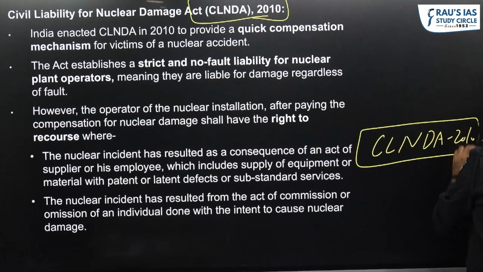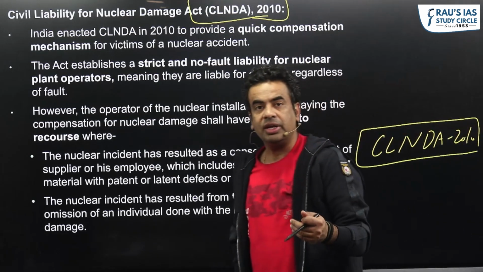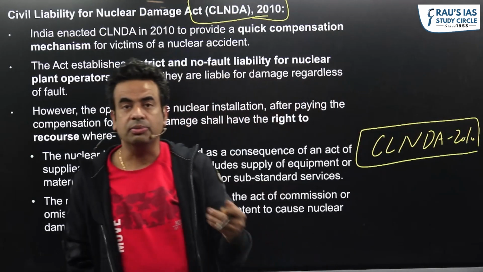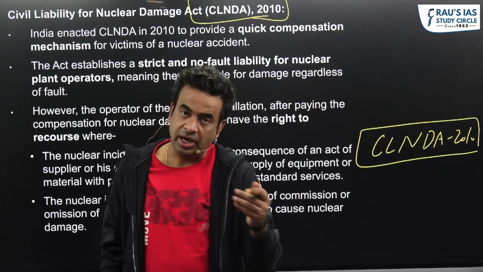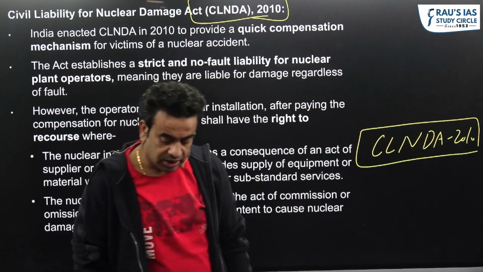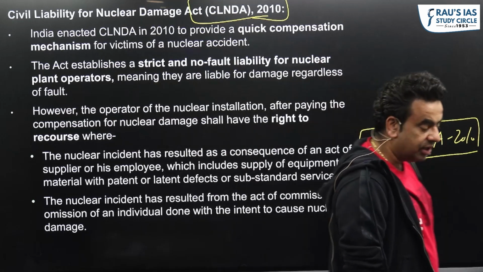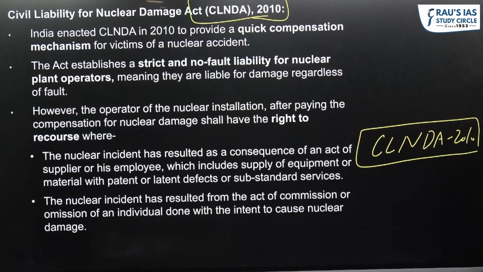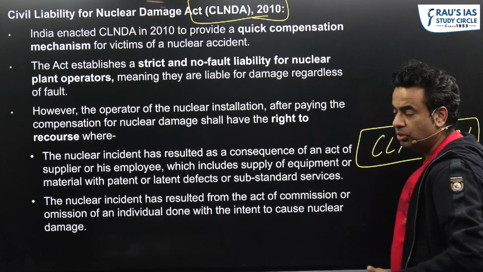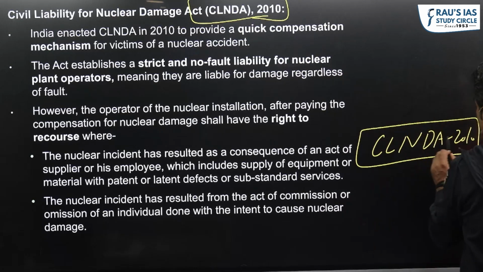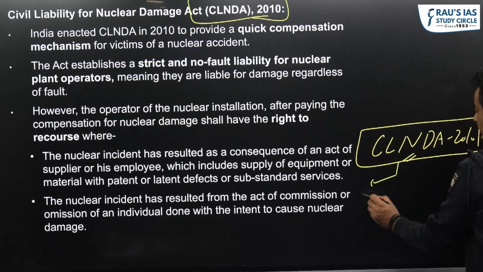Now, our track record on industrial accidents is very bad. The victims of the Bhopal gas tragedy had to wait for eternity for compensation. Now the Parliament decided that victims in India, in case of an accident in a nuclear power plant, should not have to go through double suffering. One side they are already suffering, the accident is real, and they should not suffer more. For this, the act was framed,